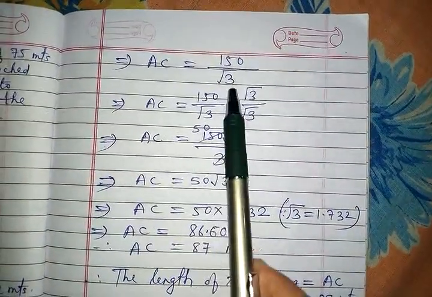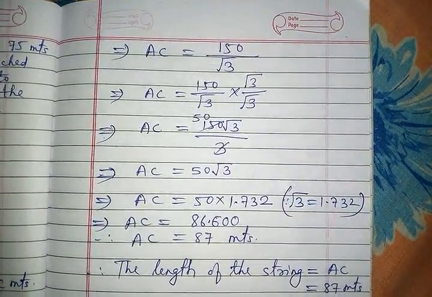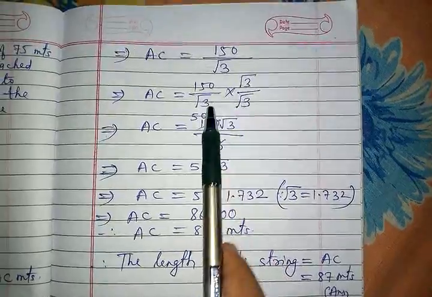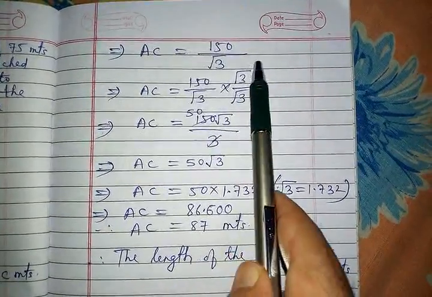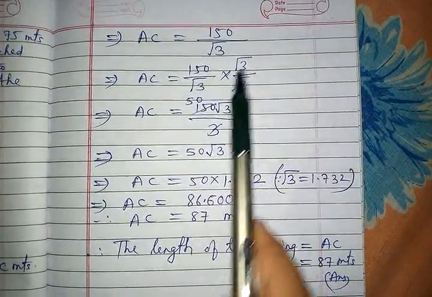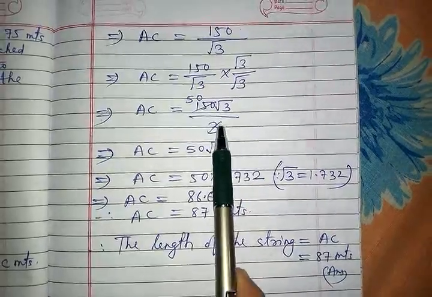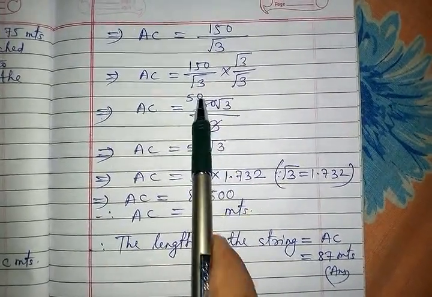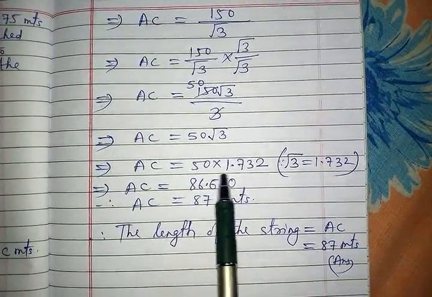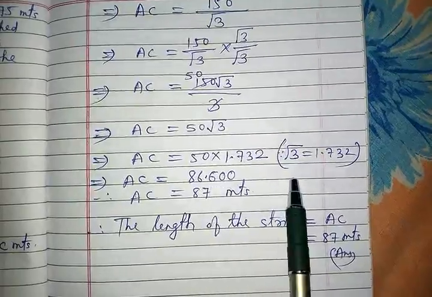Now AC equal to 75 into 2 is 150, and root 3 will come and divide, because multiplication comes and divides this side. So whenever there is a root in the denominator we have to rationalize. We have learned this in class 9, the rational irrational chapter. In that chapter we learned that we have to rationalize, and to rationalize, the same root 3 multiplies up and down. This way at the numerator and denominator, 150 root 3, and root 3 into root 3 multiplication is 3, and 3 and 150 get cancelled, 3 5s are 15, 0, that's 0, 50 root 3. And root 3 value is 1.732, and when you multiply, the answer is 86.600.